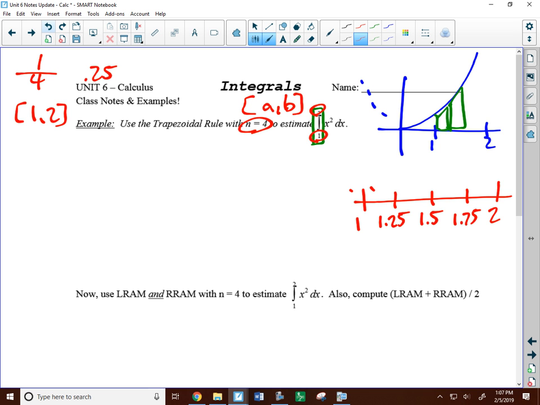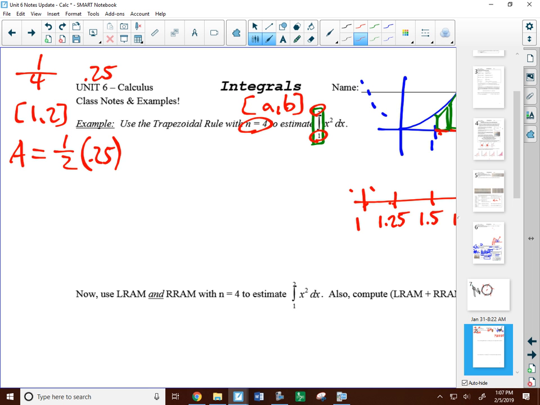Okay. And now I'm going to set up the area. So I'm using the trapezoidal rule. So it starts off 1/2. It's always in there. Then there's the height. And the height is now the bases. It's all of these along here. They're all the same. It's that value, right? 0.25. Used to be the bases of the rectangle. Now it's the height. So that's 0.25. Okay. And now I'm going to do